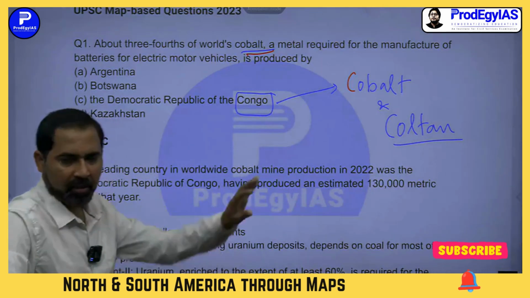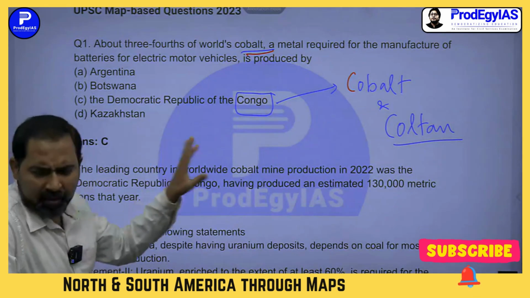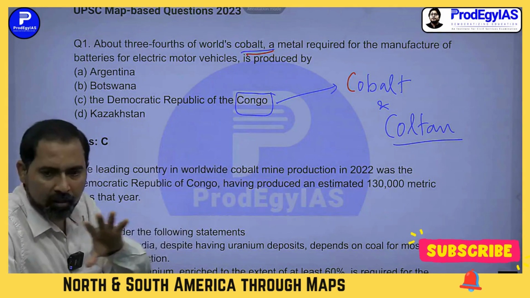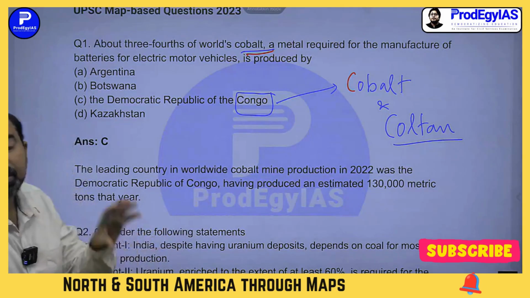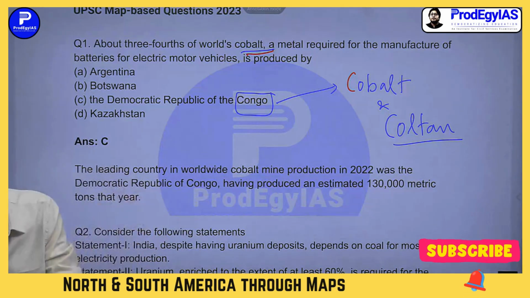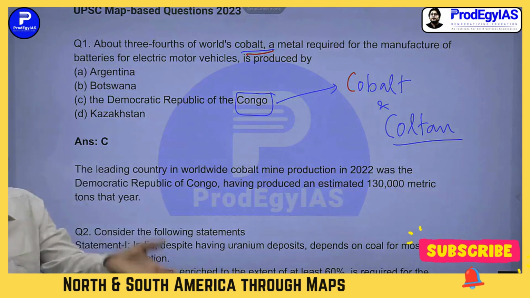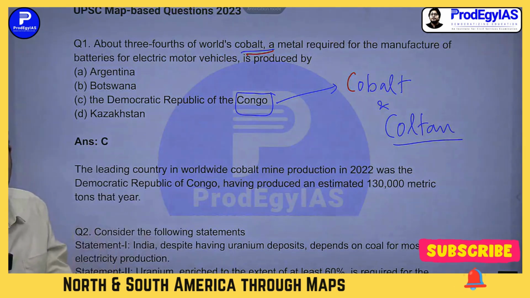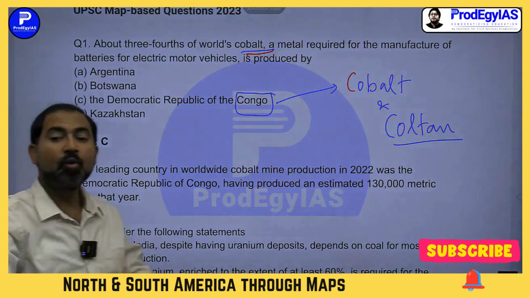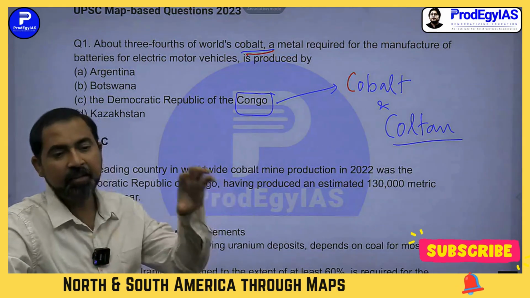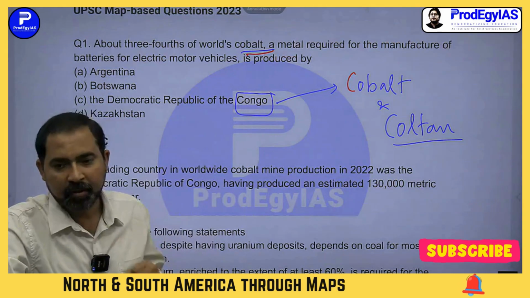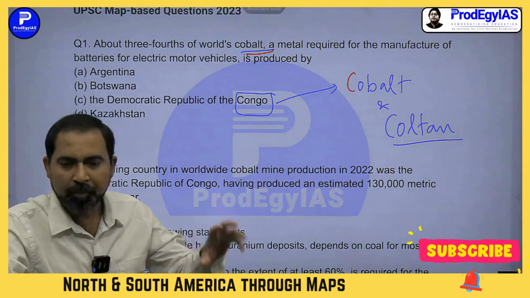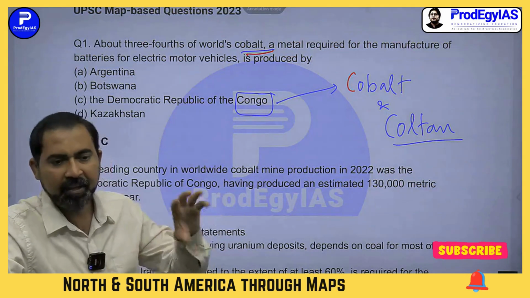So UPSC is asking not a very tough question. This is a very general question. You know that all the conflicts which are there in Democratic Republic of Congo, conflicts between the government and the different gangs which are operating over there, this is called the resource curse. If any region is very rich in resources, there might be some problems in the government stability. And because of that instability,